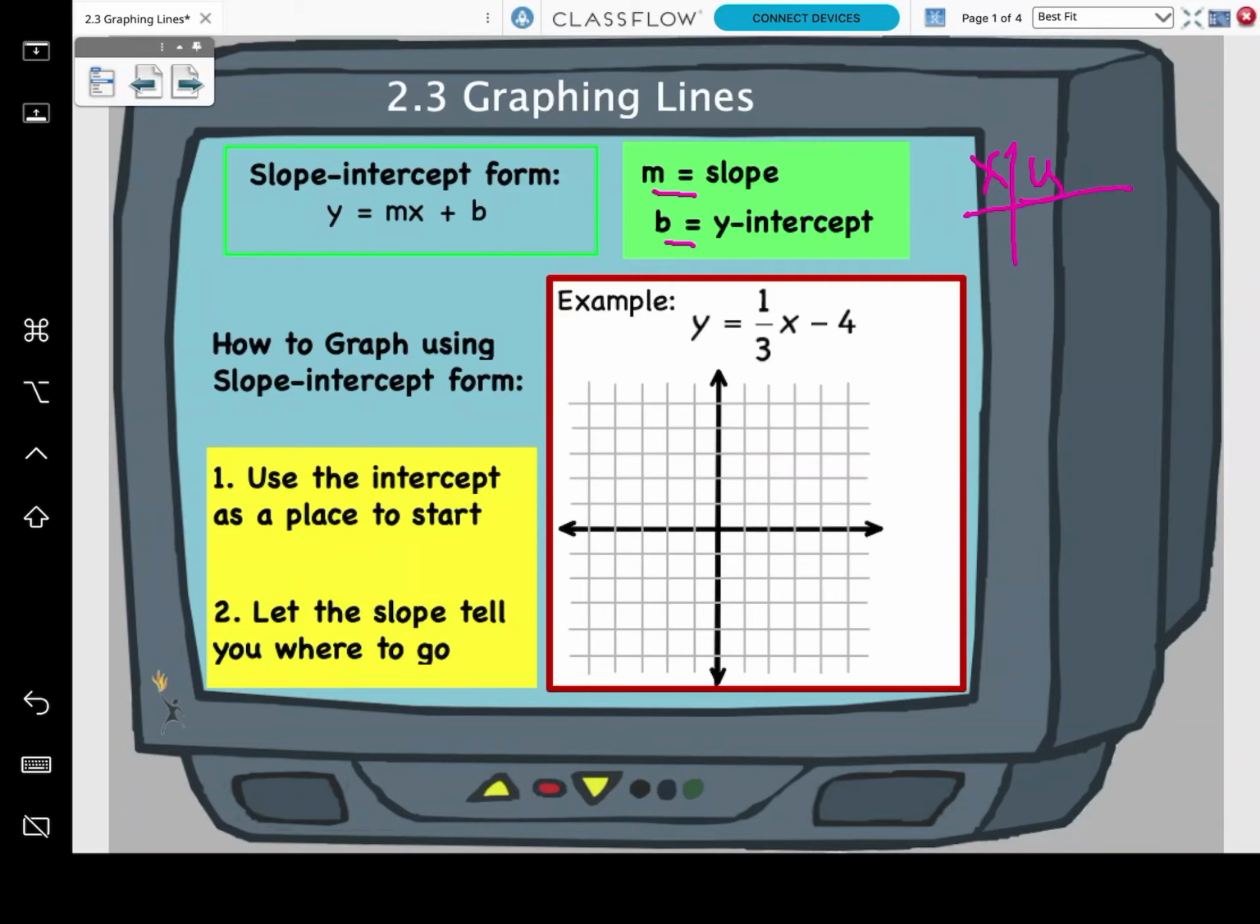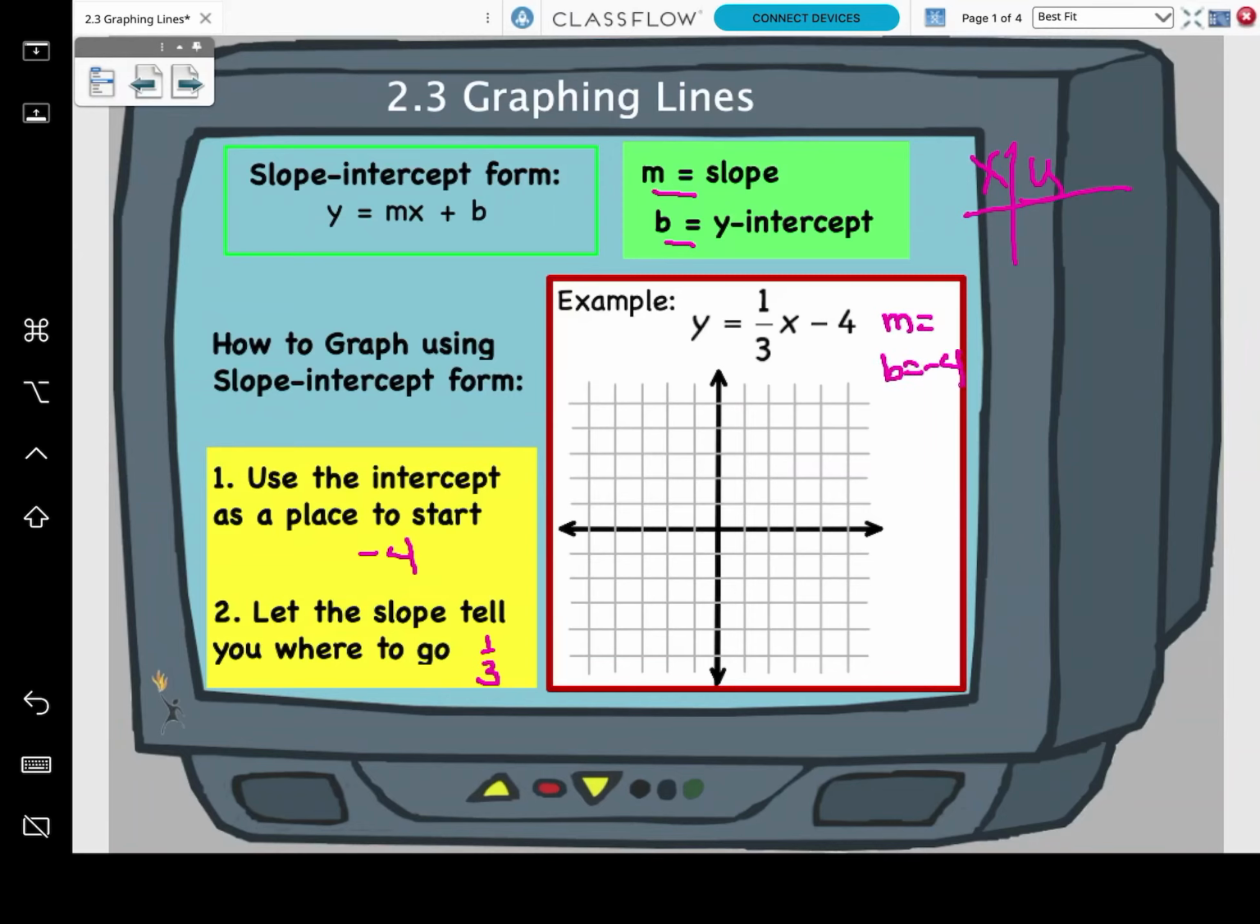So here in our example, we're going to use the y-intercept as a place to start. So in our example, y equals 1/3 x minus 4, our -4 is the y-intercept. And the slope tells you where to go after that, so our slope is 1/3. And remember, slope is rise over run, so that will tell us where we go from that starting point. So with a y-intercept